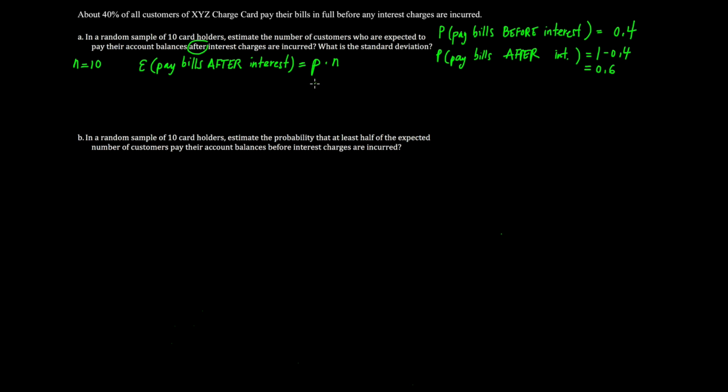Because we want the expected number of people that pay bills after interest, the probability should be that of what you would like to find, which is this right here. So the probability is going to be the 0.6 and not the 0.4, okay? Very important. And then the n is simply my sample size of 10, so 0.6 times 10, right? So this is going to give me 6 people who are expected